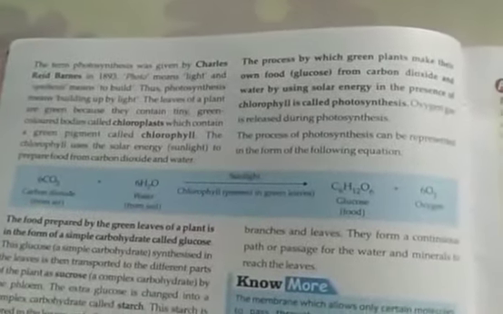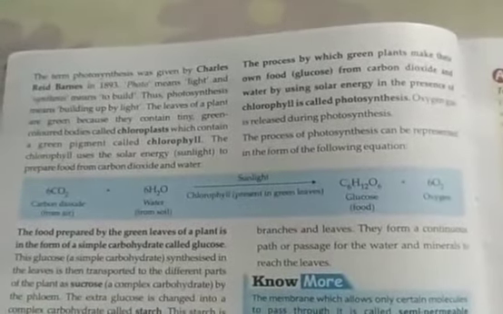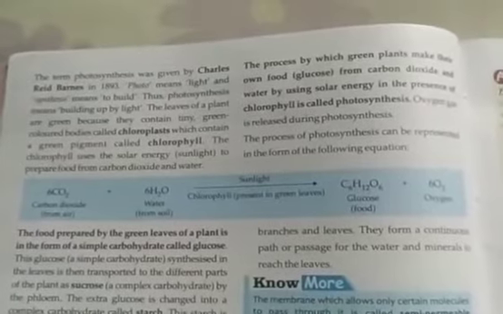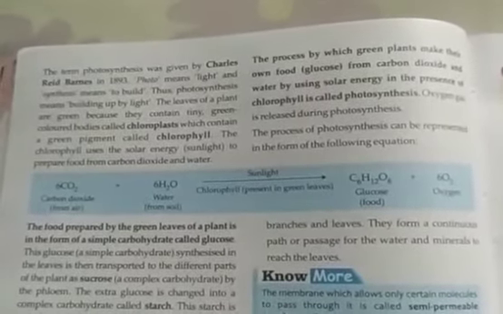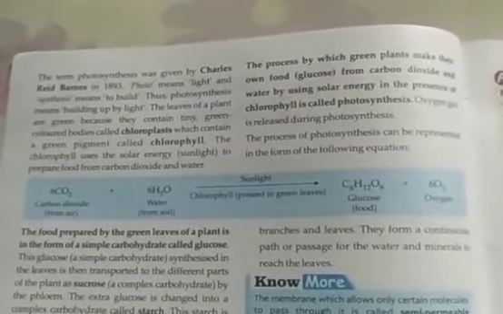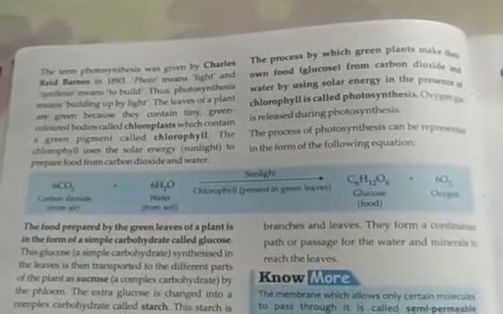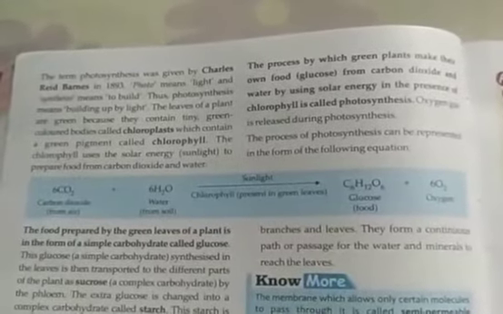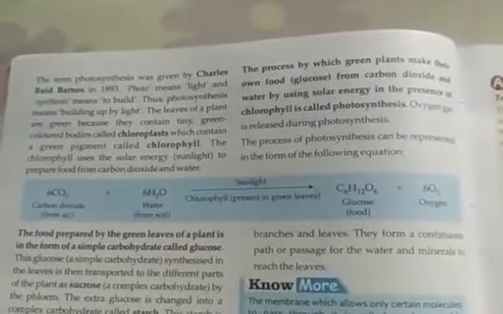What happens is when carbon dioxide and water come together inside the leaf, the sunlight or the photons of the sunlight break down the carbon dioxide and water molecules and then the chlorophyll helps them to recombine and form a molecule which is called glucose. Now, this glucose is actually the food of the plant and it also releases oxygen.